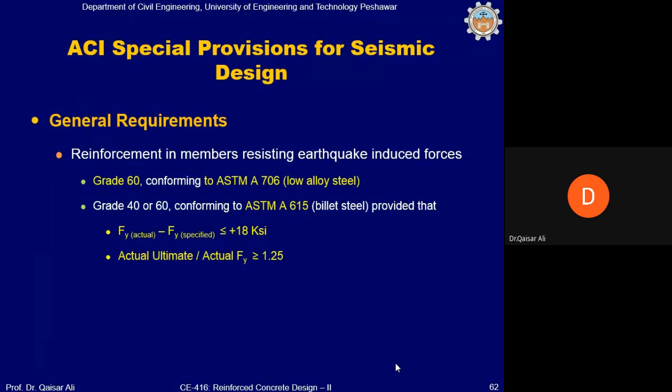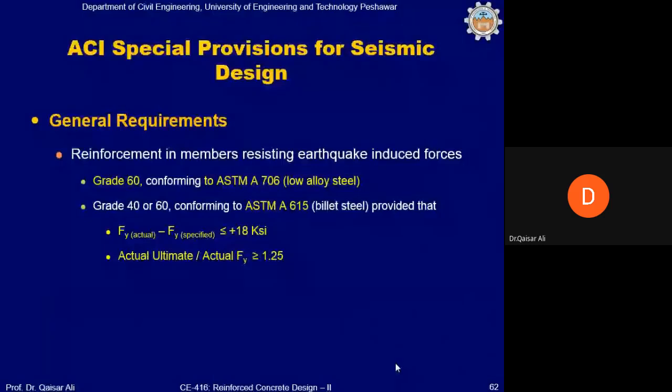There is another requirement, and that is when actual ultimate strength is obtained from a test in the lab on a steel sample from the yard at the site, then the ratio of actual ultimate to actual yield shall not be less than 1.25, it shall be more than 1.25, which means that actual ultimate strength shall be 25% more than the actual yield. These two requirements are meant to ensure that there is enough gap between yield strength and ultimate strength,